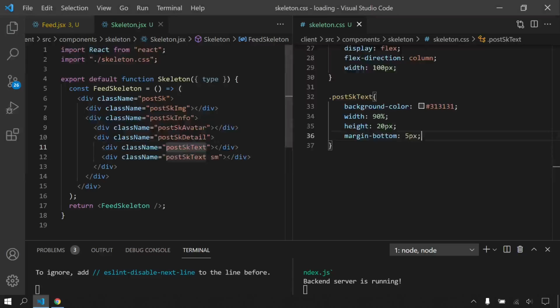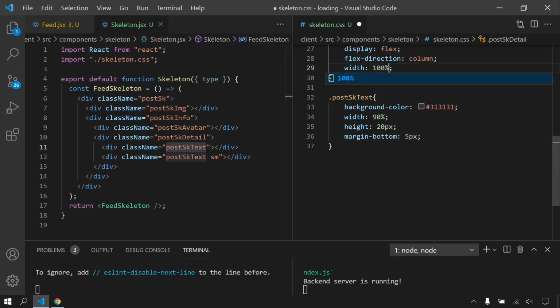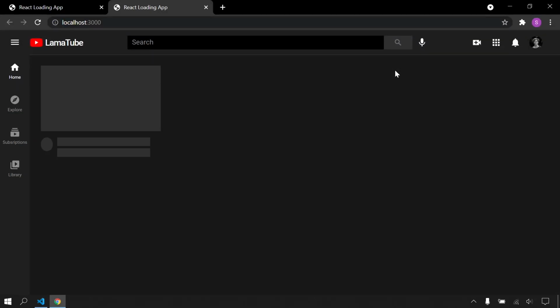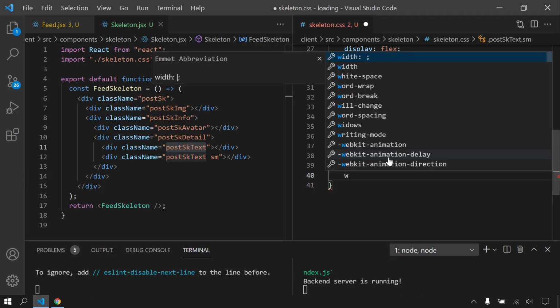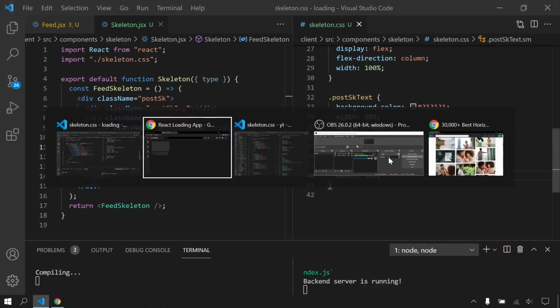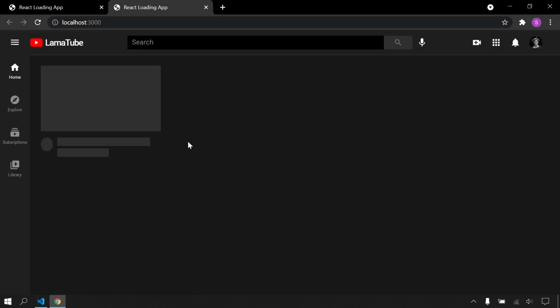Okay, why is it small? It should be bigger. Okay, I wrote here pixels again. It's gonna be percent. Okay, perfect. So I can make this text shorter. Let's paste here, and additionally it's gonna be small, and width will be, let's say, 50%. Okay, perfect. It's really nice, but it's not enough.